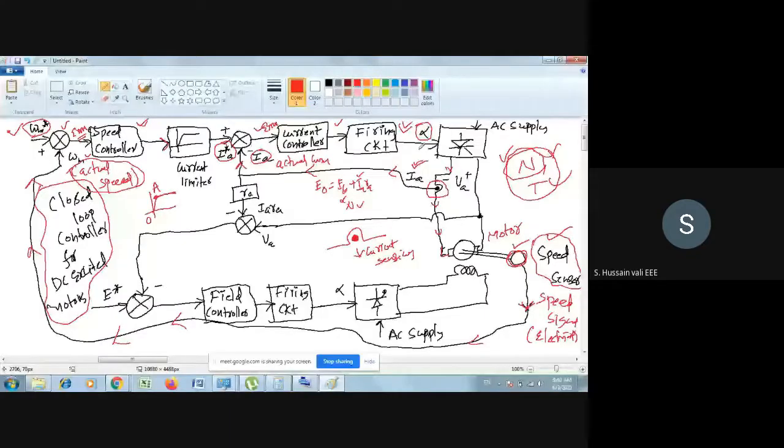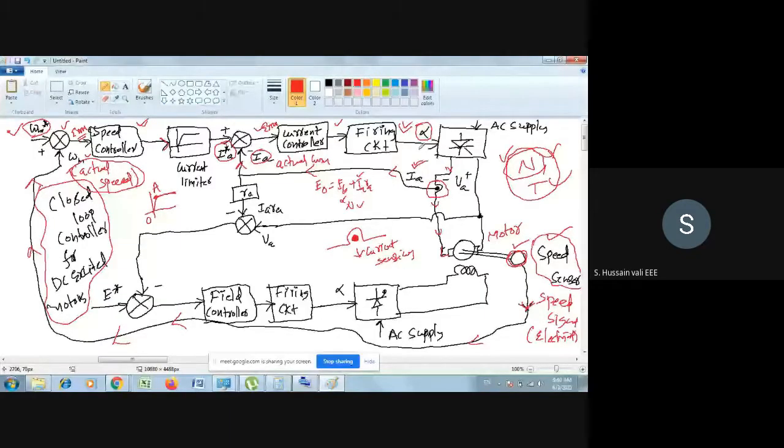Another thing is that it will boost up the base signal. For example, if it is a BJT, then you have to give a base signal, and that base signal may have a very low power level. Then it will have to enhance the power level. Why? I think I told you. You might have known this from power electronics: why do you need to enhance the base signal, or the control signal? The purpose of enhancing the current signal is to make the switching fast.